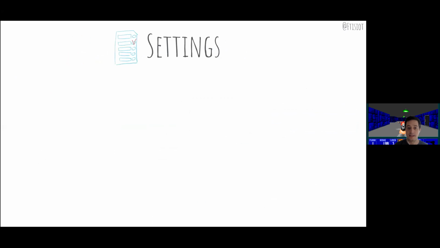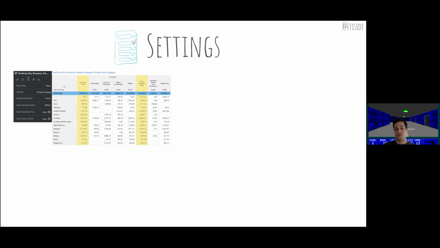As I said, also settings. In settings, you have two things that you can change. First of all, as I said before, you have much deeper control of every visualization. For example, in my pivot table, you have the option to set columns in yellow and rows in light blue.